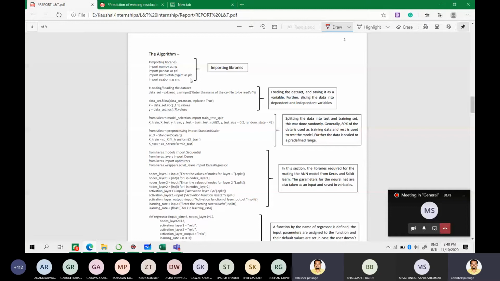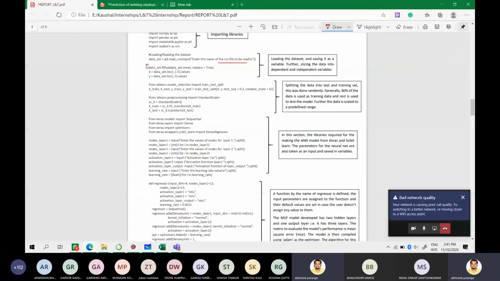Then the next thing is model selection. So I'm splitting the data into training and testing data. This is another important concept because when you have a data set, you cannot train on the entire data, because then you don't have any data left to test the model.